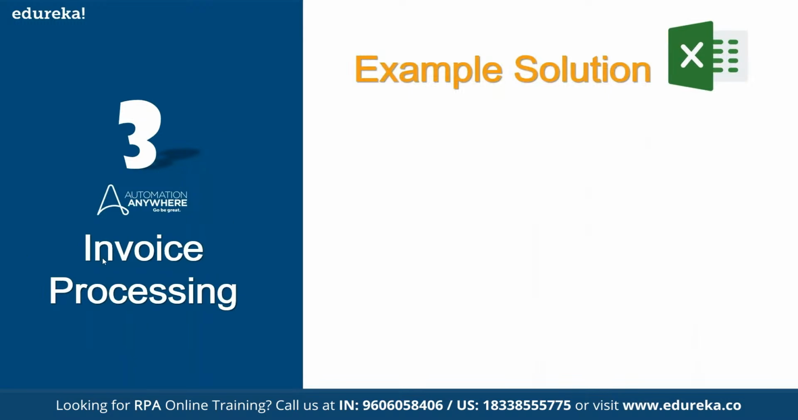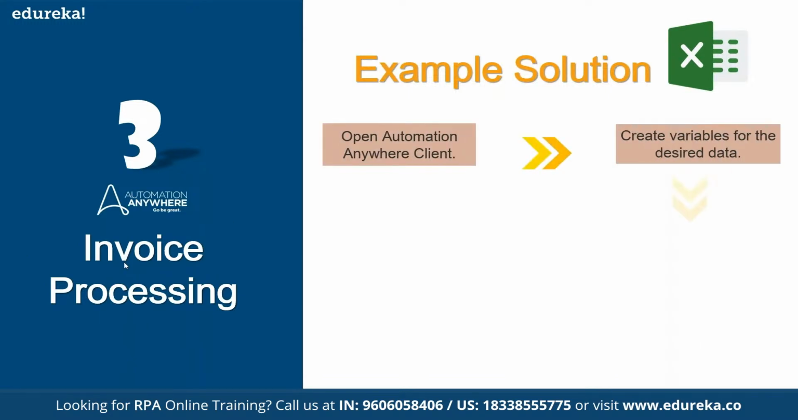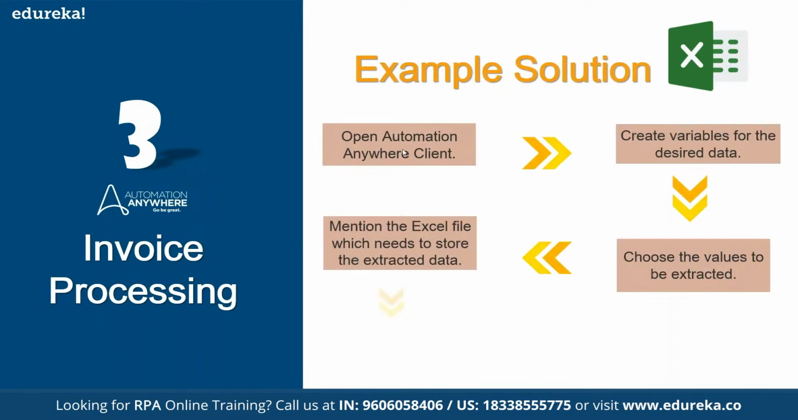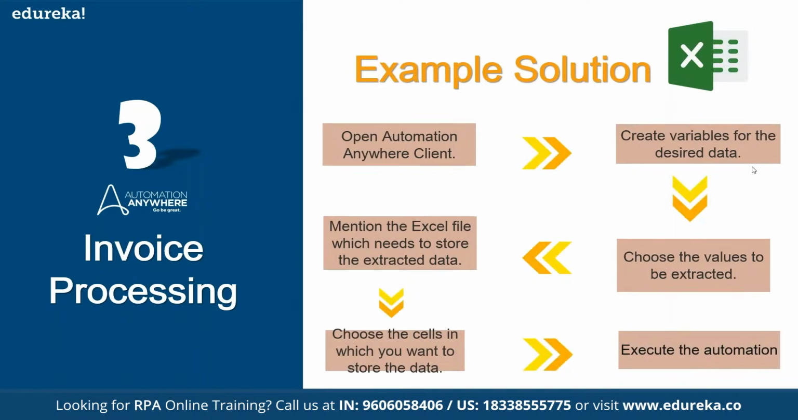This is again shown in Automation Anywhere, so these terms are related to Automation Anywhere. Open the Automation Anywhere client, create variables for the desired data, choose the values to be extracted from the PDF, and mention the Excel file in which the extracted data needs to be stored. Choose the cell where you want to store the data and execute the automation. So extracting specific data from a PDF and storing it in an Excel is one more project, that is invoice